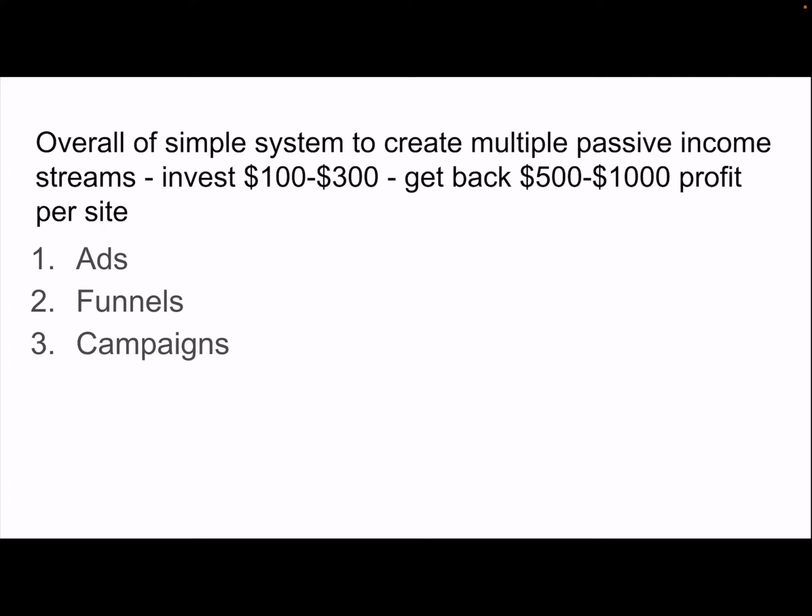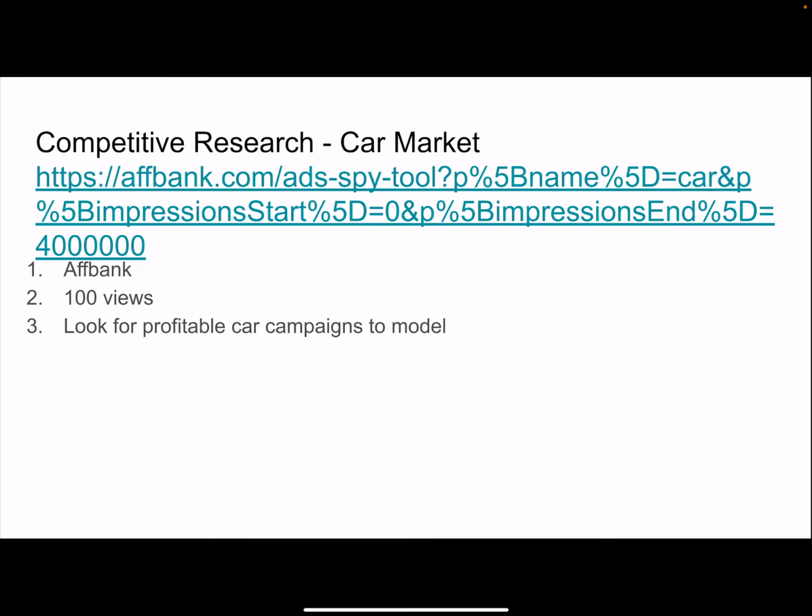So there's 3 things we're going to focus on, which are the ads, the funnels, which is the website, and the campaigns, which is the ads, and the headlines and the images. So that's what builds up the fundamental system and the components of this system, which once you understand each one, I'm going to break it down in the simplest ways so you can apply it now, today, to help you be successful. So let's just start off with the campaign part of the system.